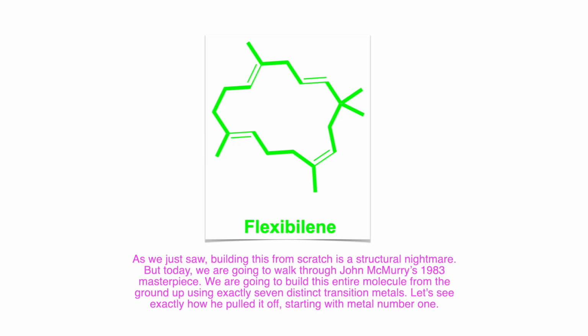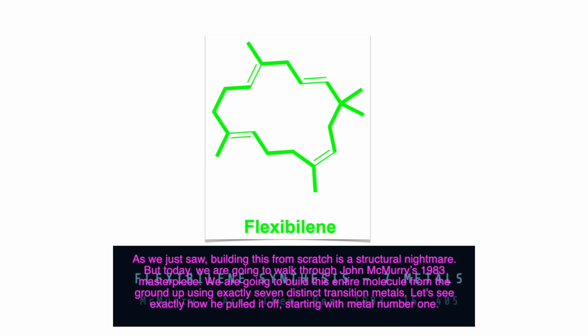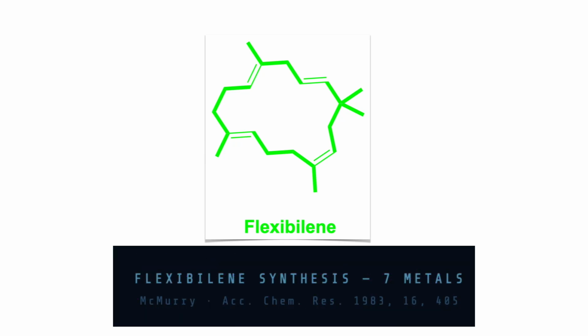But today we are going to walk through John McMurry's 1983 masterpiece. We are going to build this entire molecule from the ground up using exactly 7 distinct transition metals. Let's see exactly how he pulled it off, starting with metal number 1,